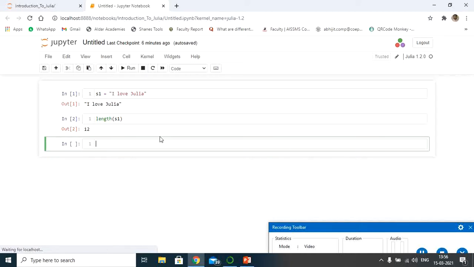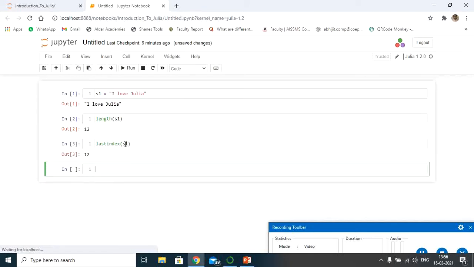Similarly, let us say you want to check the last index of this string. You can use the method called lastindex followed by the S1 variable where you have stored the value.